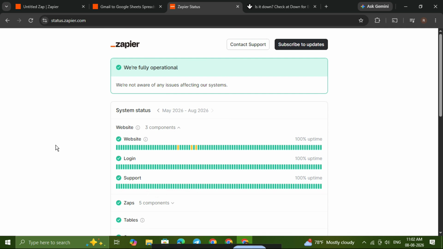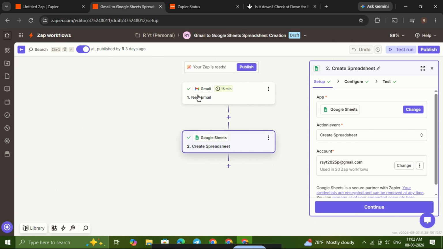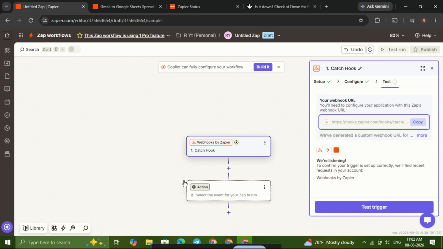If the status page looks normal, go back and double check your setup. Make sure you use Catch Hook, copied the correct URL, pasted it into the right field, and saved everything properly in the sending app. In many cases, the problem is just a small configuration issue rather than a serious webhook